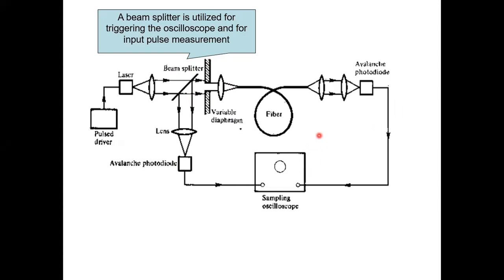There are some formulas which I'll give you after 2-3 slides. This is also a destructive technique like your attenuation measurement. First I take the original length of the fiber and note down the input and output pulse width. Then I cut the fiber by around 1% of that measured distance compared with the original one. Again I take the second set of readings, keeping all the initial conditions at the input and output the same, and I just note down the output pulse width. Then I will find out the pulse broadening with the formula, which I will give you just now.